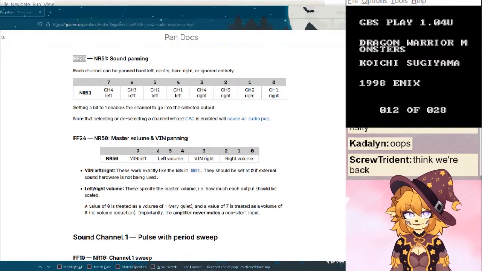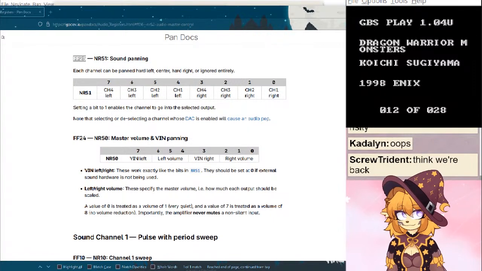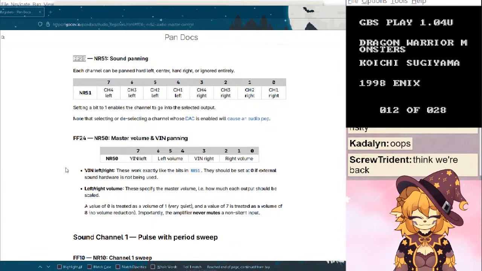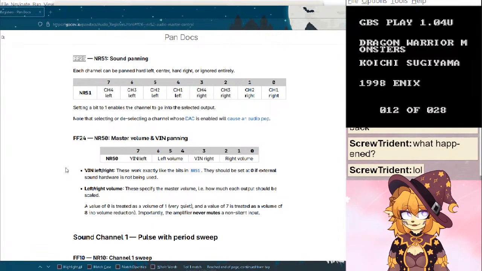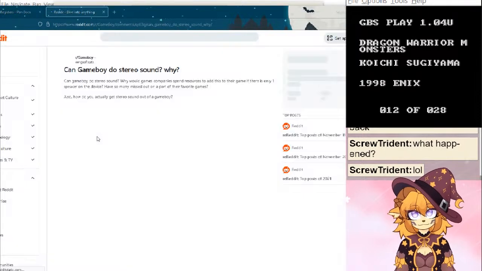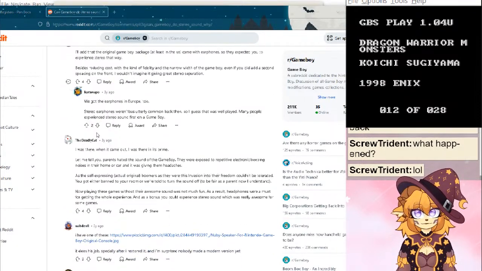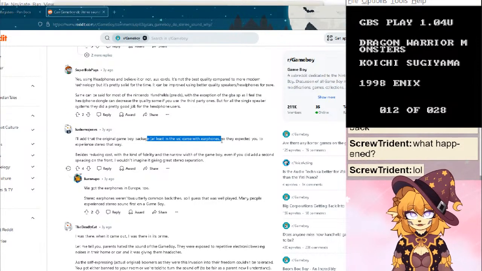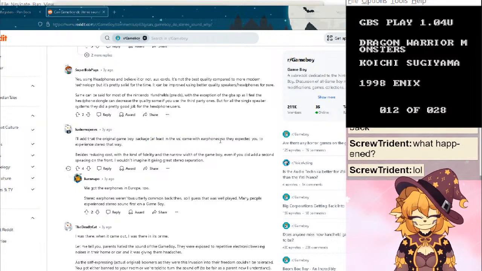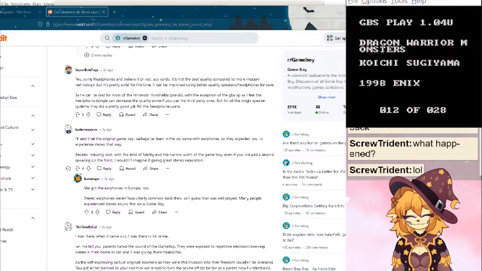So, while you were gone, I learned that Game Boy has stereo. Despite having one speaker, Game Boy supports stereo output audio. And it came with, according to this post, the Game Boy originally came with earbuds, little earphones, and you plug that in to hear the stereo audio.